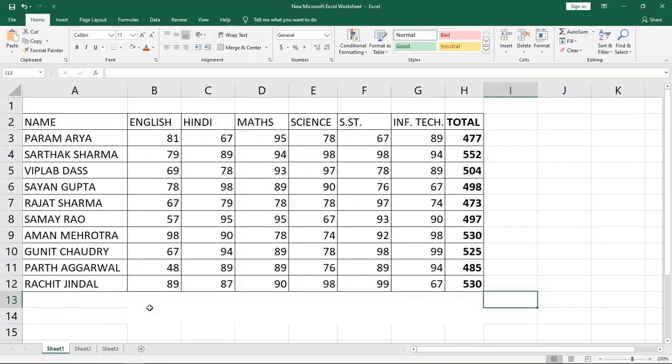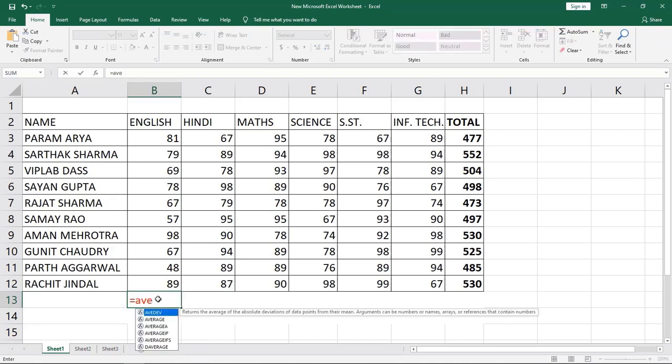Here I have entered some data already. Now we'll see how we use functions. I am taking the average function here, as it is given in your book. Suppose I want to get the average of English. I'll click in this column. As I told you, we have to give the equal to sign first, then I'll write average.